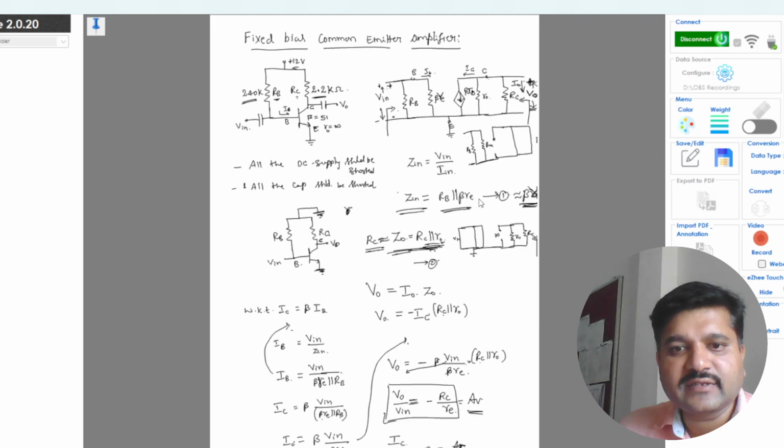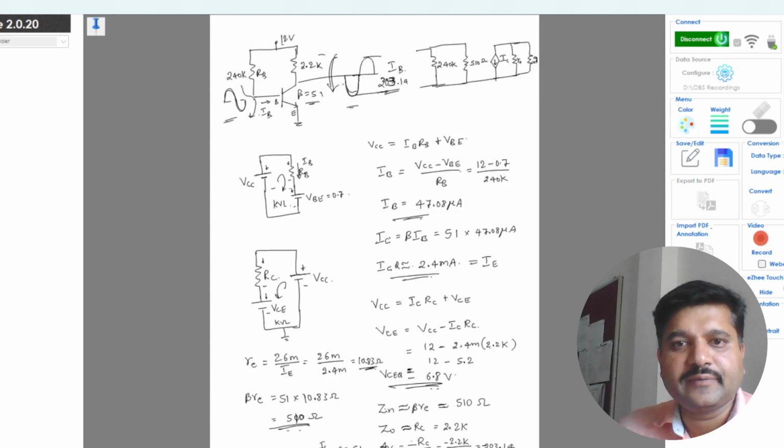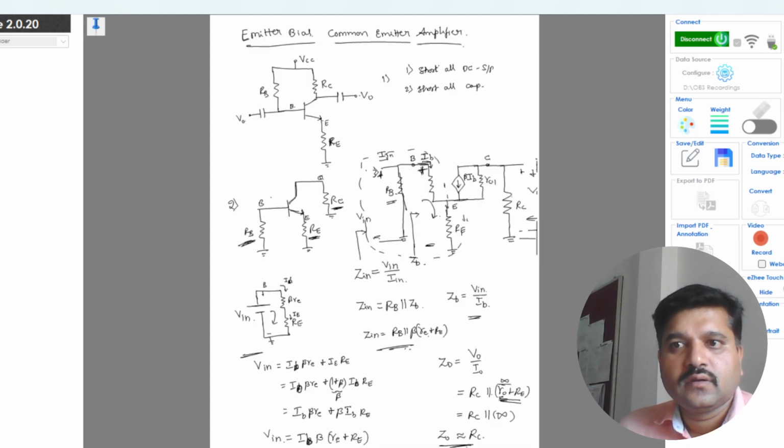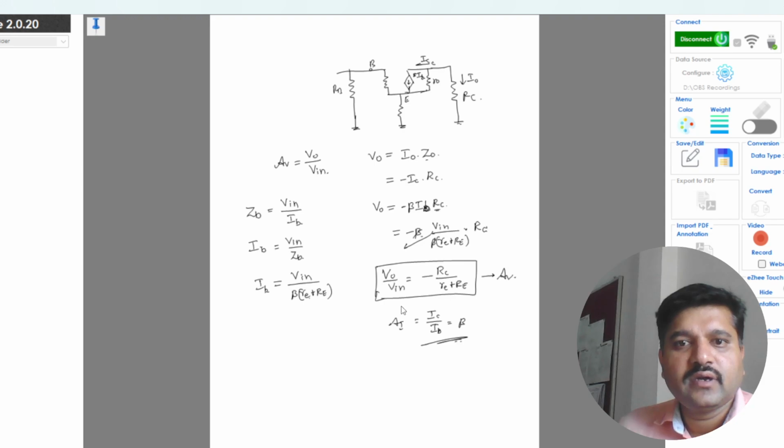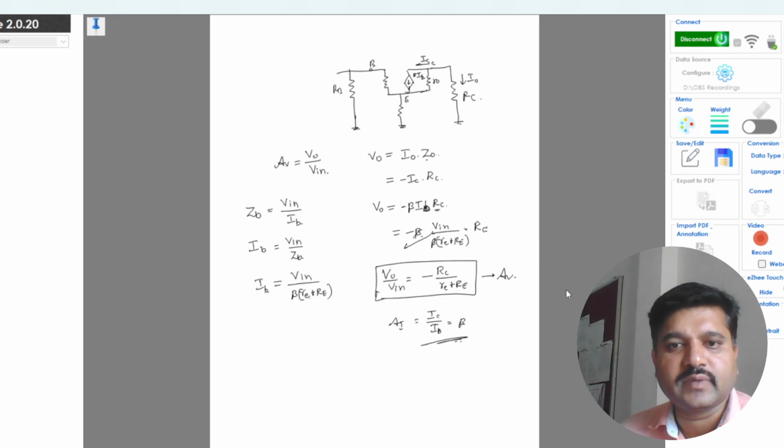The input impedance has increased by the factor capital RE, that is the emitter resistance, and the gain has been reduced by the capital RE, which is the emitter resistance, which you can see here. This is your voltage gain for the emitter bias common emitter amplifier circuit, RC by RE plus capital RE, right? So if you want to continue with the numericals